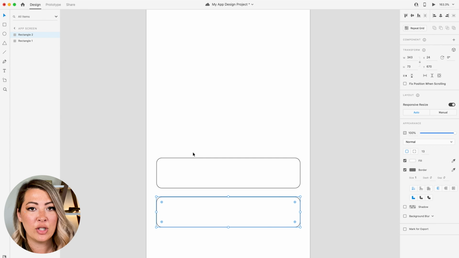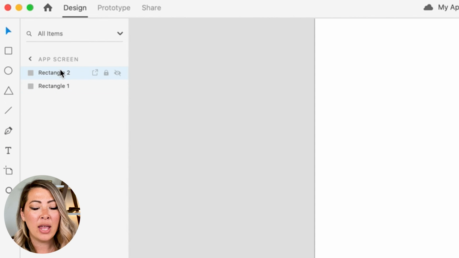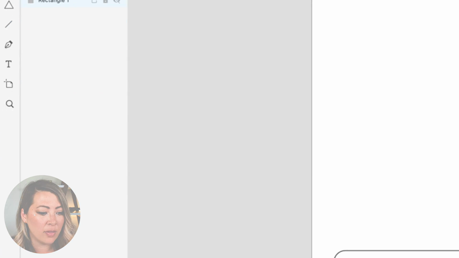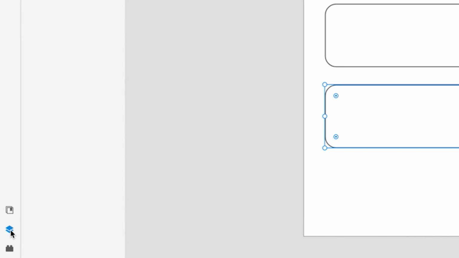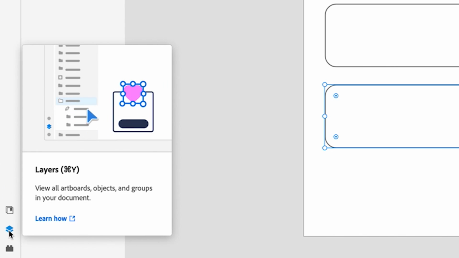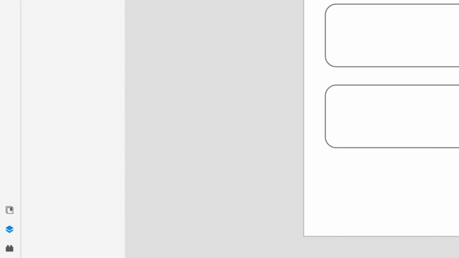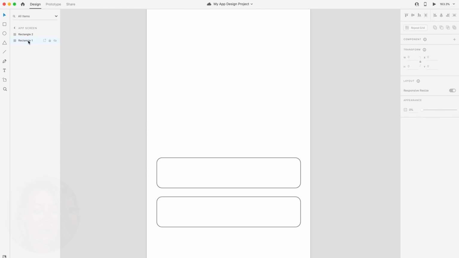So now we're going to rename our layers. You're going to go over on the left-hand side to your layers panel. If you have trouble finding it, make sure this center button with these three buttons on the bottom left-hand corner is selected. That's your layers panel, and you should be able to see your layers from there.